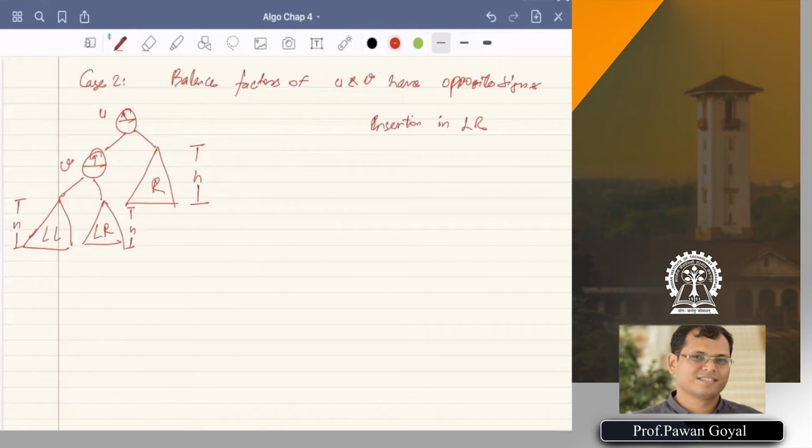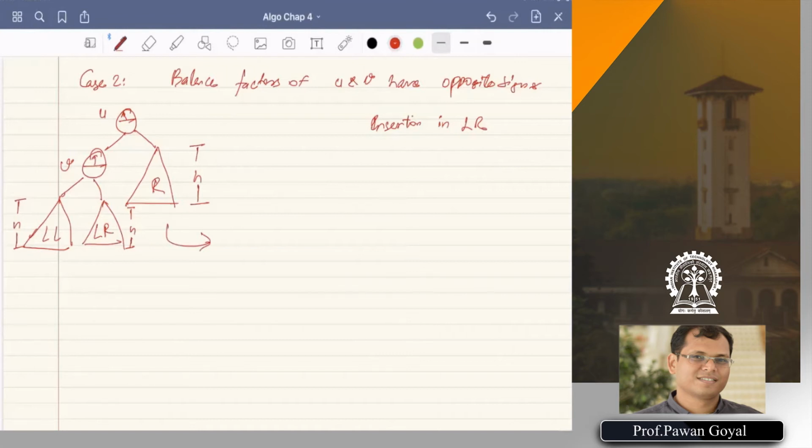Again, LR will have a left and right subtree. So where exactly you do the insertion. So for that, let's expand this particular node, this subtree.